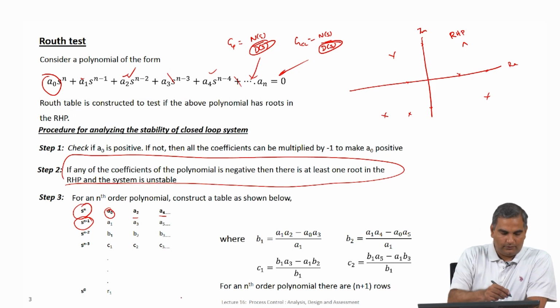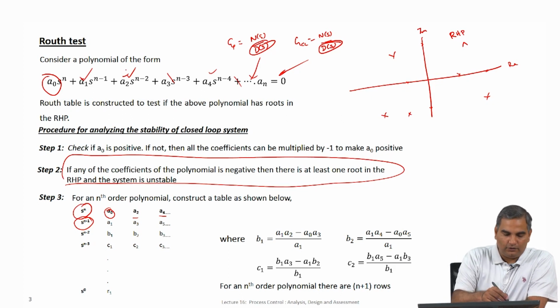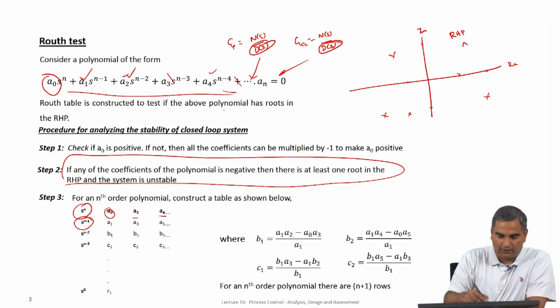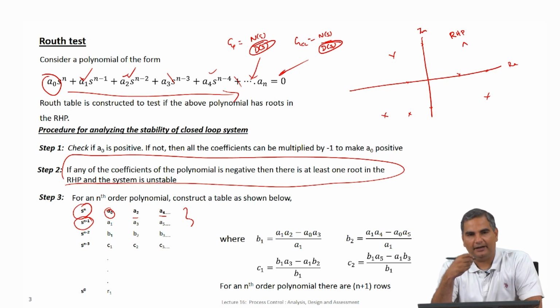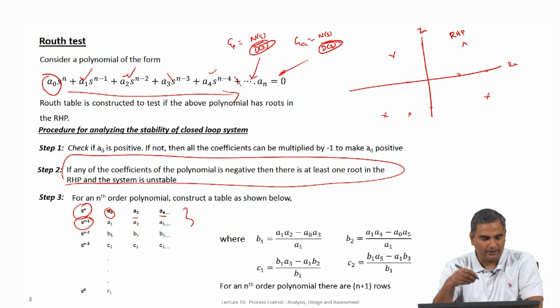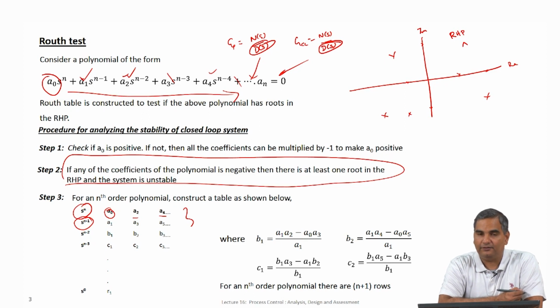Now, what you do is you start with the second term in the polynomial and skip what was already used in the previous one, using alternate terms. That way all the left out coefficients get filled up in the second row. So, the first two rows are directly filled out based on the polynomial under consideration. Once you have that, every other row is computed based on these coefficients, and we are going to show you a rule to figure out how you can use this construction to identify if there are roots in the RHP and how many roots are in the RHP.